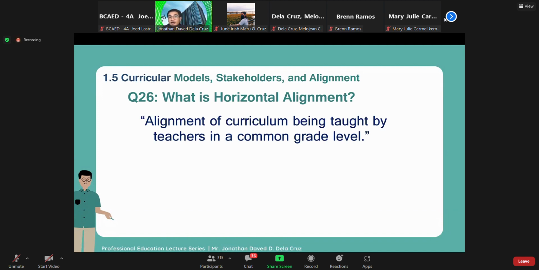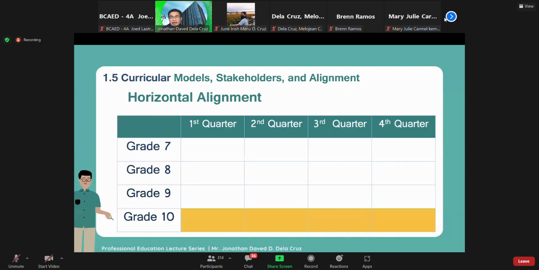So, yon. That's the reason why actually those subjects are offered at the same year level, because it could be an option for teachers to collaborate. Now, that's horizontal alignment because you see possible integration of different subjects with other subjects at the same year level. So, another example again, science pa rin tayo. Pagdating sa grade 10,